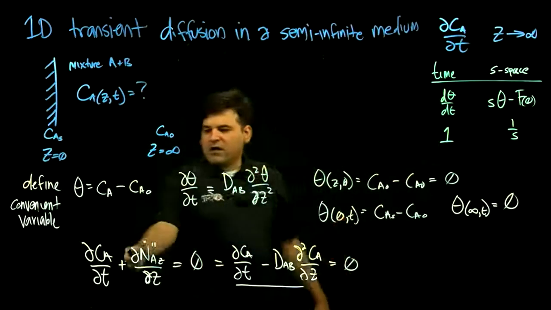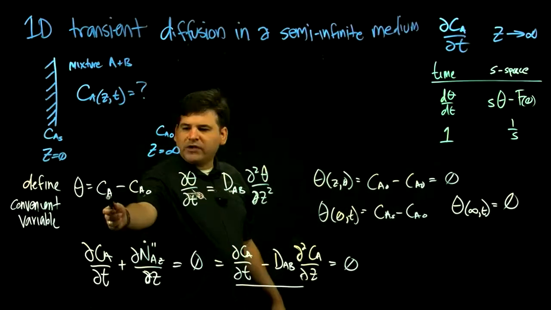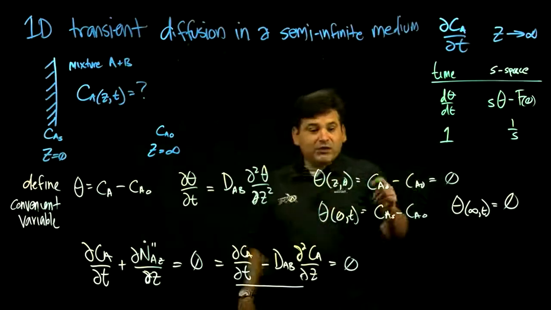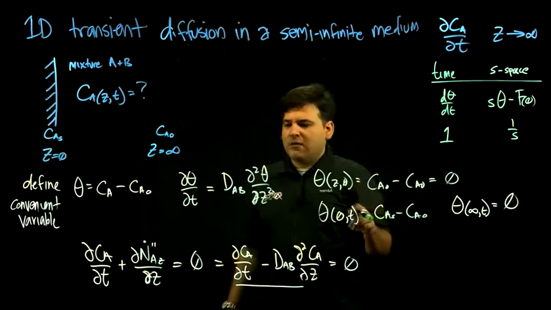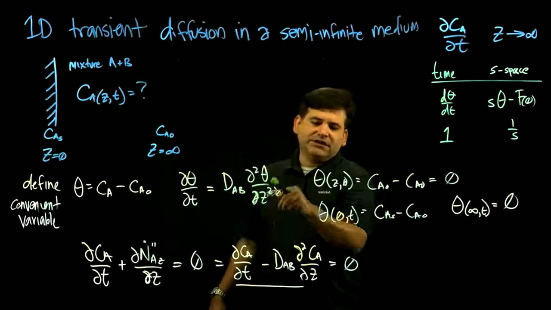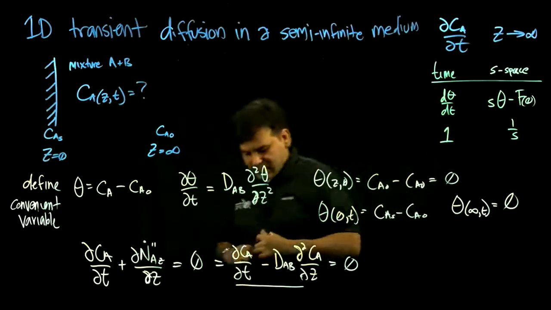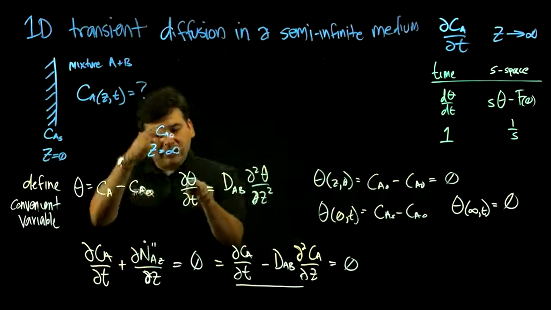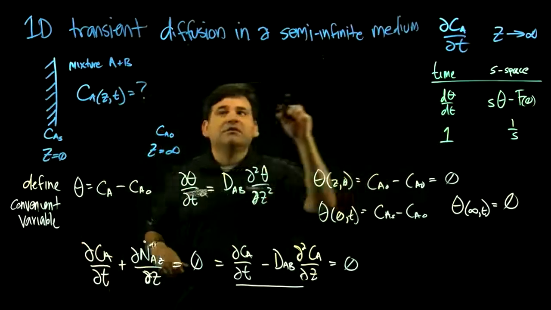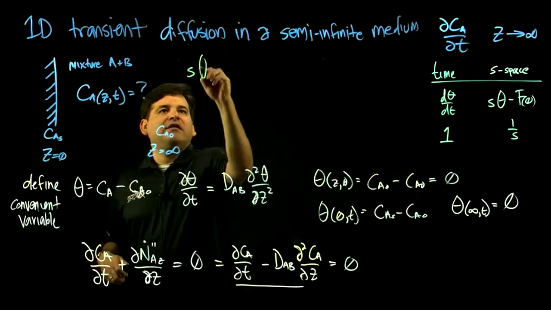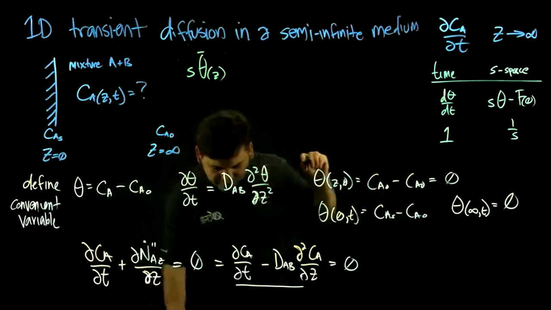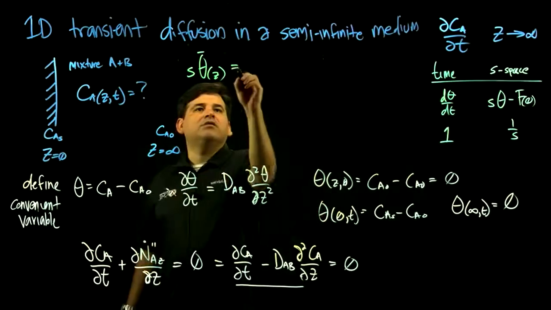So we started off in concentration space. We just converted it to this simple theta variable just to make these boundary conditions a little easier. Then we're going to do a third transform going from theta space and t and z space into Laplace space, this s. And when you do that, the Laplace transformation becomes, instead of having this first derivative in time, s times the function of theta. Let's call it a new function, which is just a function of z now, equals